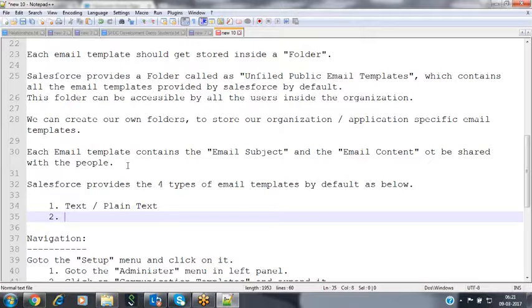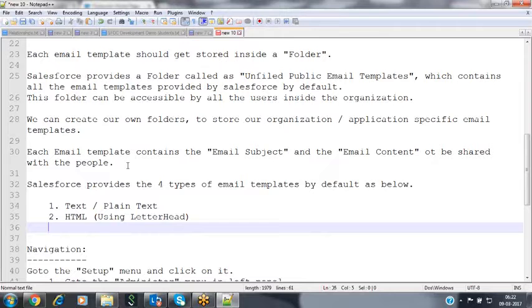And the second one, HTML using letterhead. Sometimes I want to make my email content look attractive.